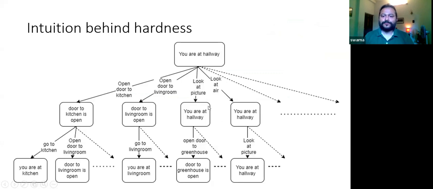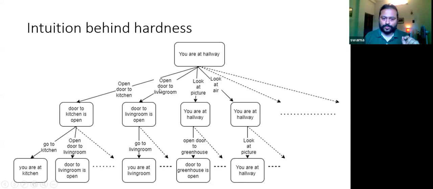Okay. But of course, you can also represent it in the form of a graph where similar states will be represented by a single node, the one that you have just drawn. Now let's say there are multiple actions. Let's say in this ScienceWorld environment, you are at a certain space. So that is one state. You are at the hallway. That's the root state. Now you can take multiple actions.